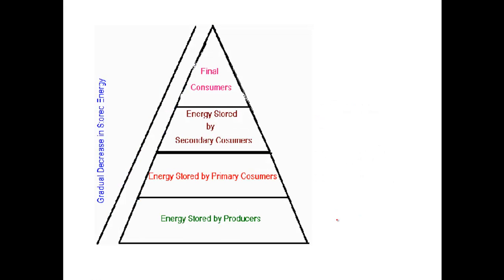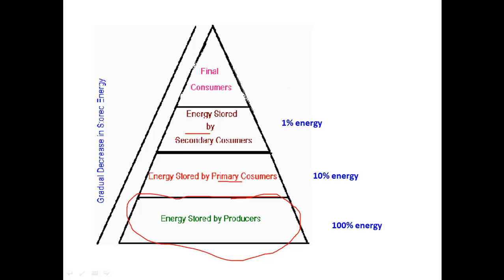And they usually represent that with a pyramid. A pyramid is showing how at the bottom of the food chain, the producers, the ones getting the energy from the sun, have the most energy. They have 100% of the energy because they're getting it from the sun. Now, as those producers are being eaten, 90% is lost. So that primary consumers, like the grasshopper, only get 10% of the energy. Then another 90% is lost. So only